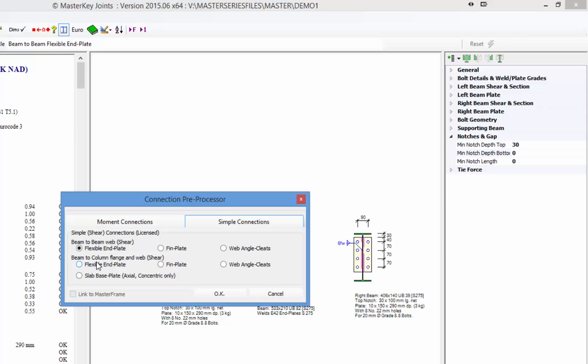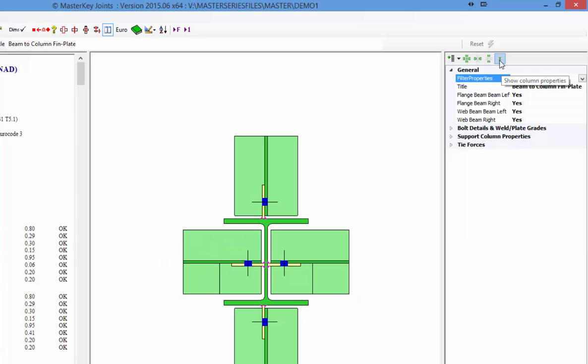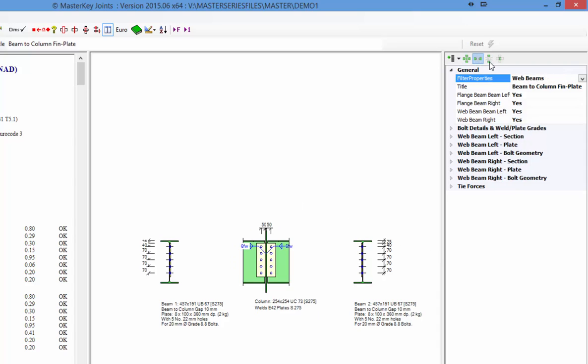And just repeat the same process for a column, but this time on a column I'm going to choose a fin plate. And I'm going to say OK. And I'm going to come down this time. And in something like the fin plate or the columns, it's very useful to use the filters, because when you filter, you only see that component of the design as well. So let's look at the beams coming into the web. So the web beams,